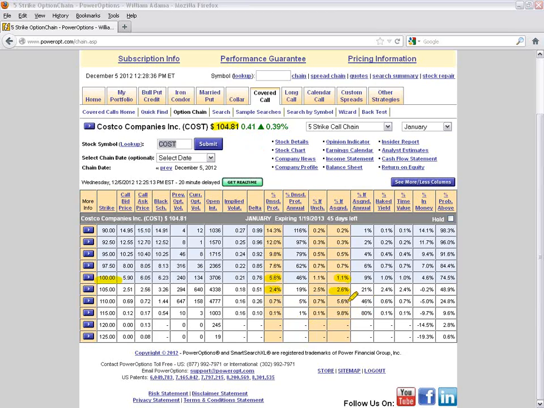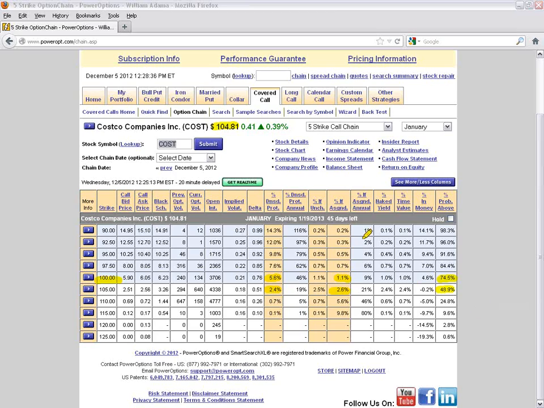That'd be a reasonable percent if assigned over a 45-day time period. Of course, we realize that as we go out of the money, at the money, slightly out of the money, we're going to lower our probability. So again, this tool here, the option chain, allows you to compare the risk and reward if you're doing a